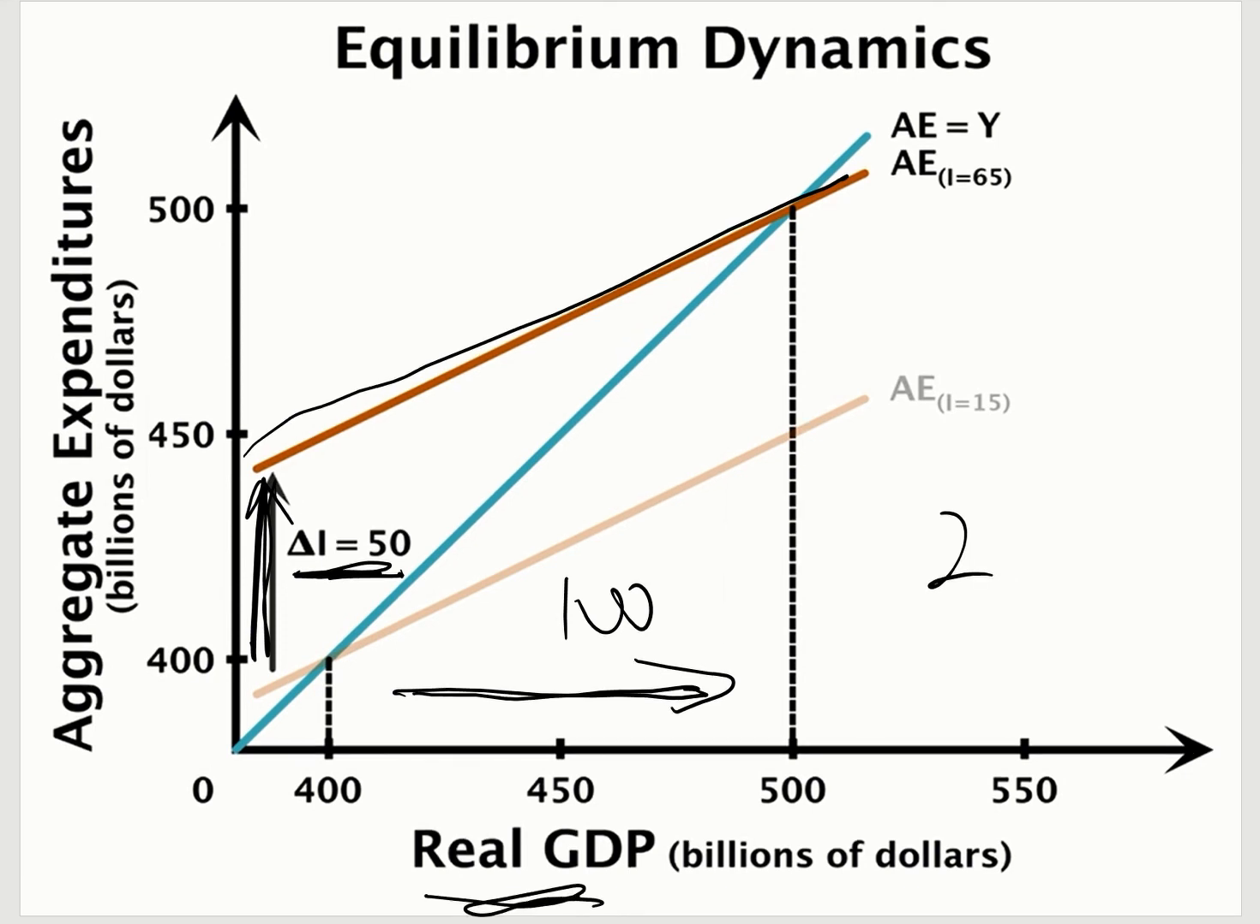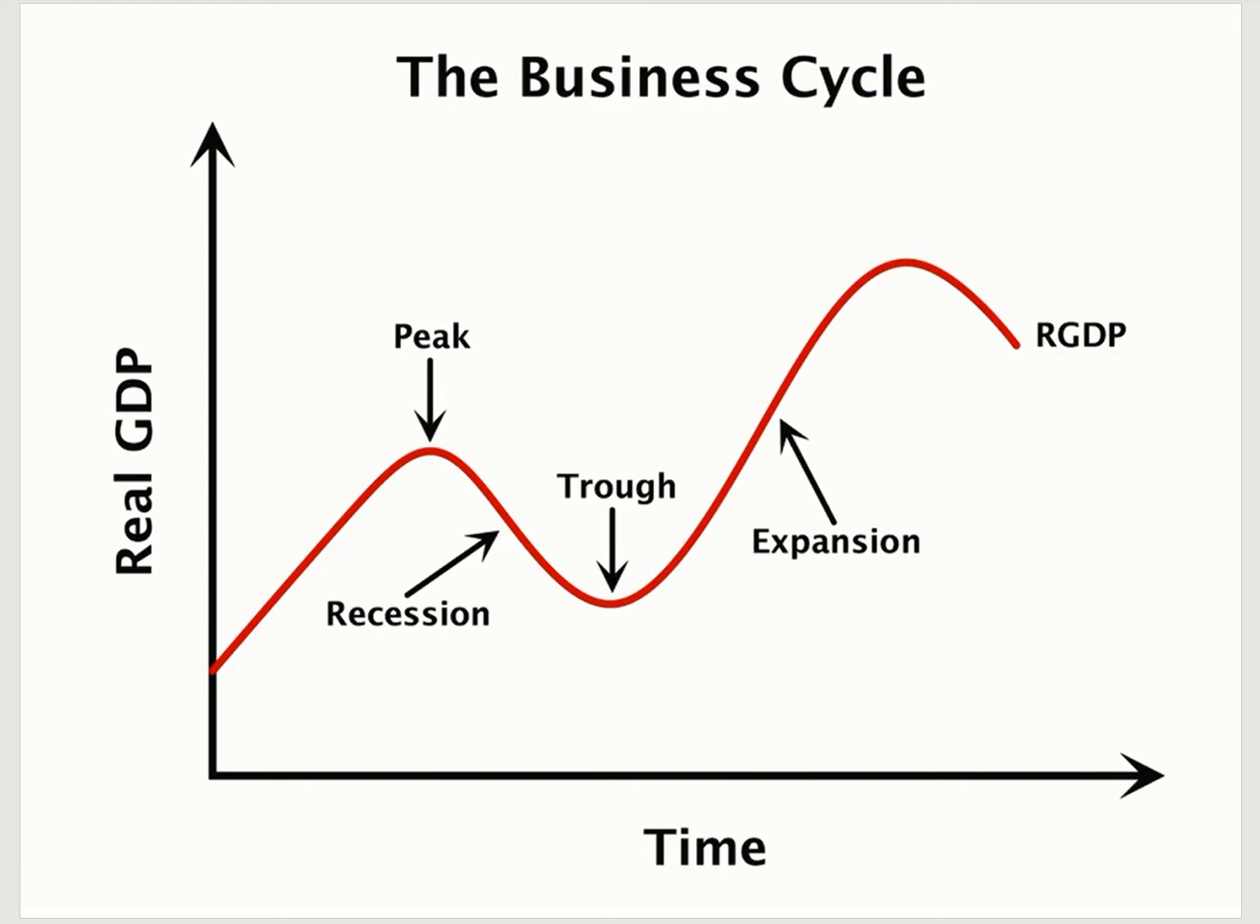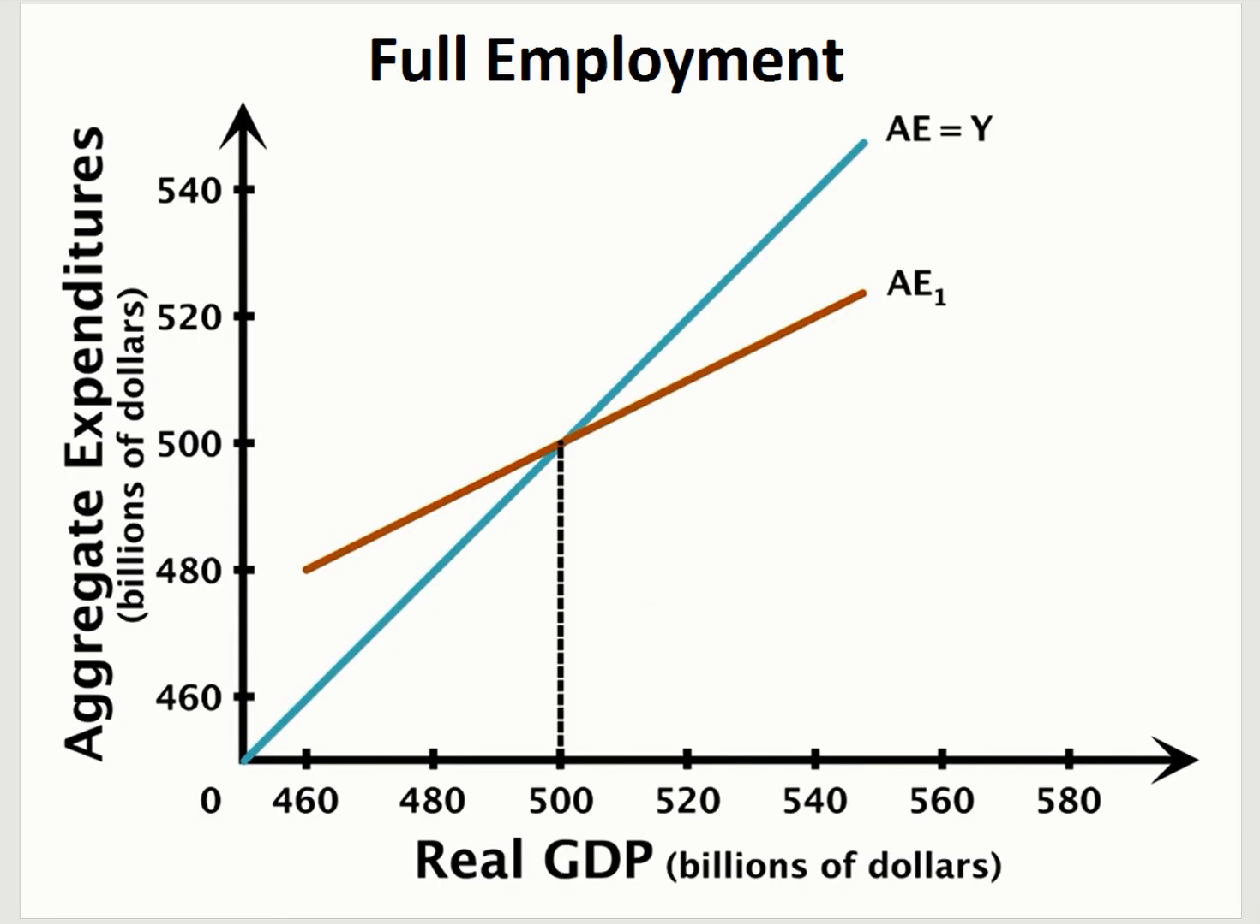All right, last section. The difference between the inflationary and the recessionary gap. And what you learned from previous chapters on the business cycle: whenever real GDP is increasing, that's expansion. Whenever it's decreasing, that's recession. We can also use our aggregate expenditure model to show that. So on the aggregate expenditure model,